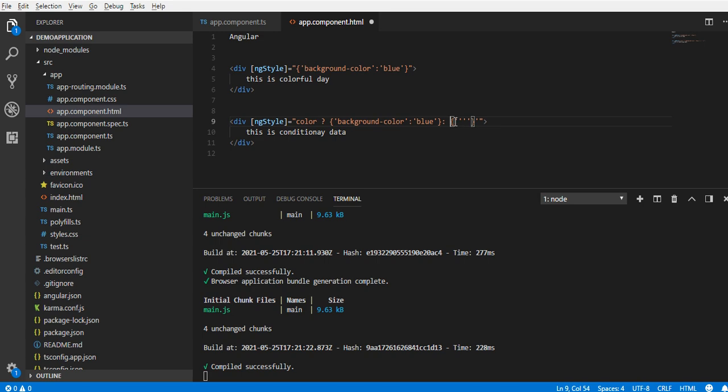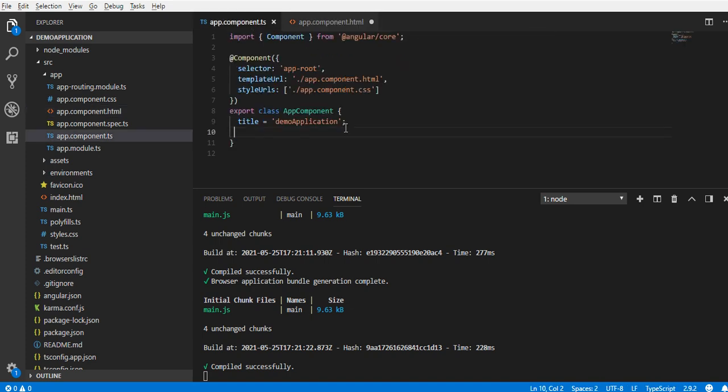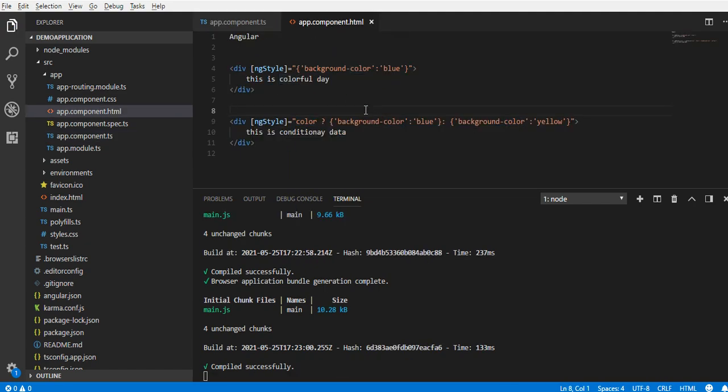Remove this part, it's not required as of now, and mention here background-color, which is yellow. Now let's define the variable in the TS file, and let's say true, and save the HTML.